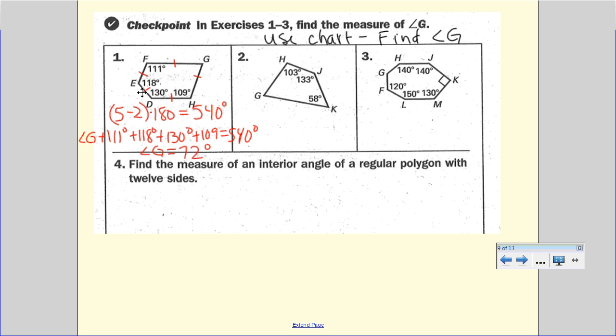If we take a look at number 4, it says find the measure of an interior angle of a regular polygon. That means all the angles are congruent, with 12 sides. So first I have to find the sum. That's the number of sides minus 2 times 180. Well, 10 times 180